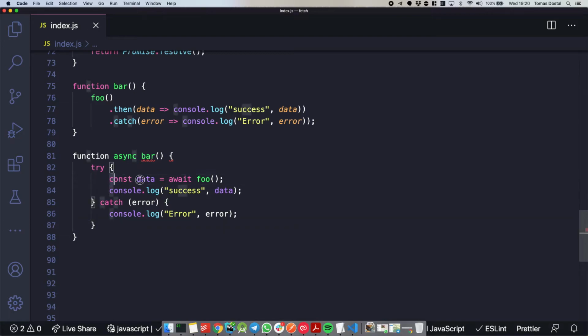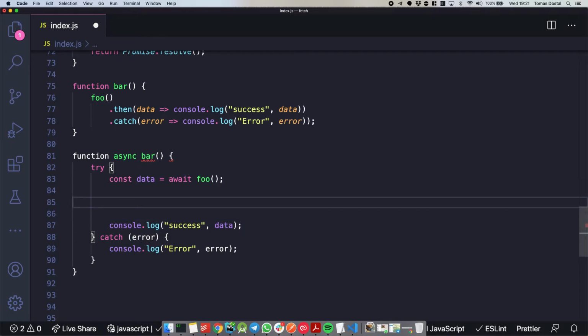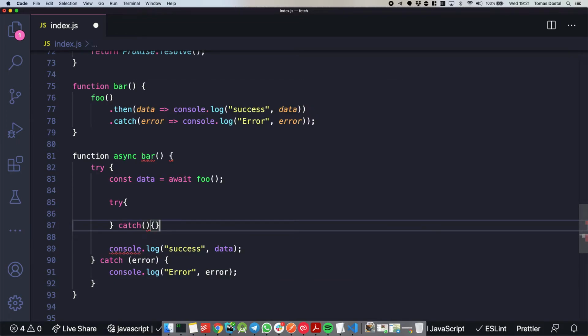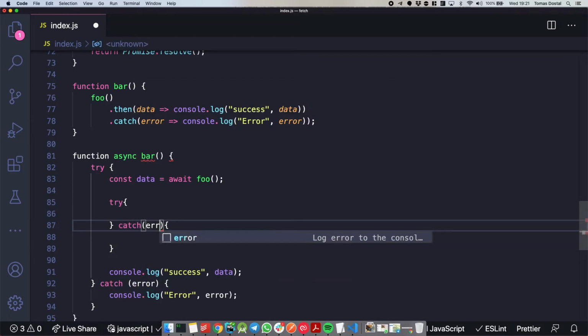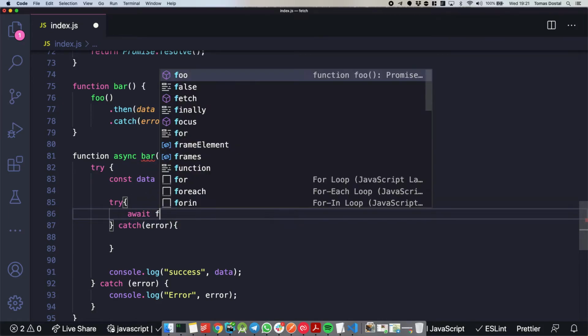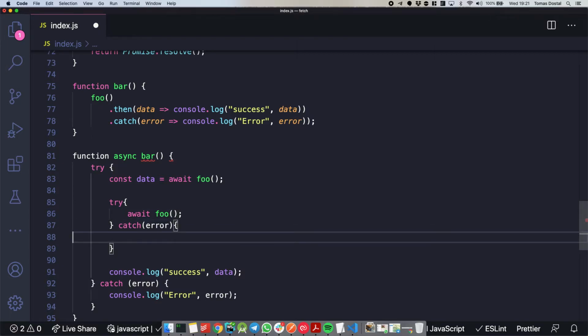But obviously, sometimes it has some disadvantages as well, because, for example, if I now want to handle two errors inside of here, we might have to have another try and catch. So if this is my first action, and then I want to do another one, then I would have to do try and catch again, for example. And then I could do another one in here, or whatever.